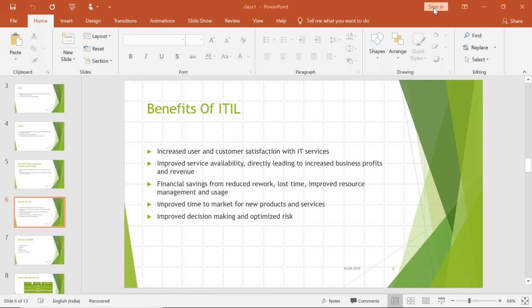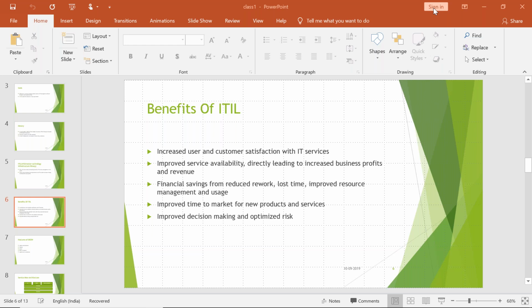So can I say ITIL is giving you the best practices inside the corporation, organization, stuff like that? Can I say so? Correct?